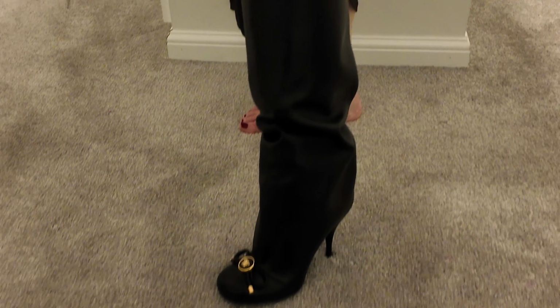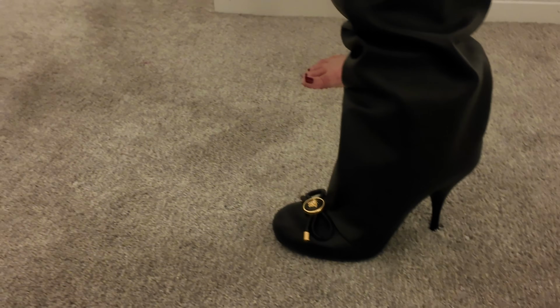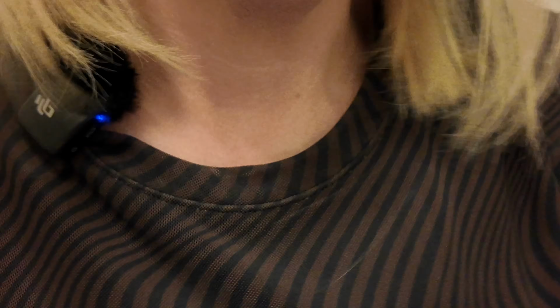Could not believe it. Definitely need a shoehorn in them because it is fully leather on the inside as well. Should have just done that to begin with. But anyways, y'all don't need to be that close to me. Oh no, didn't mean to do that. There we go. So price for both the white boot sandal